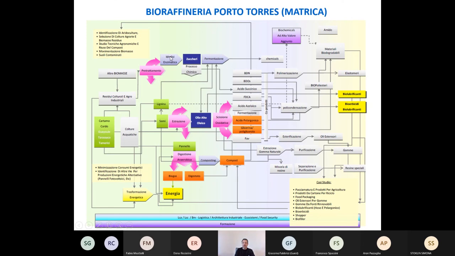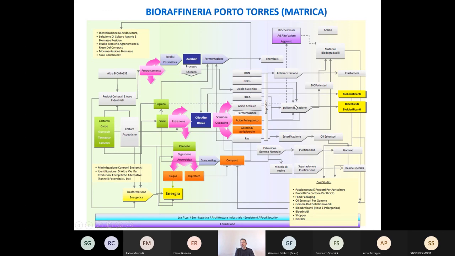But the main pathway is to use seeds, extract them to produce vegetable oil, and then use chemical processes, for example oxidative cut, to obtain organic acids, azelaic acid and pelargonic acid, that through some chemical steps are transformed into these bioproducts,